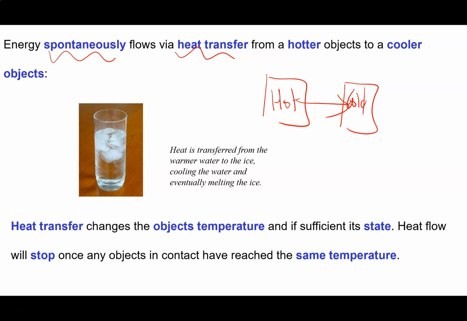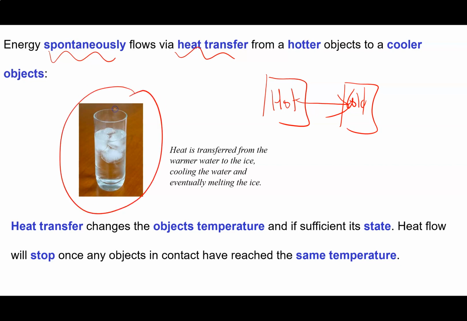Now you can try this out at home if you want. If you turn the stovetop on and get it nice and hot, you can put your hand on it and I guarantee your cold hand will get hot. It will never be the other way around, that heat flows from your cold hand into the stove, making it hotter. That just never, ever, ever occurs. Now that's kind of a dumb experiment, but you could try it the other way and maybe put your hot hand into the fridge and you will find that heat will flow from your hot hand into the cold fridge and your hand will get cold, right? So it always goes from the hotter object to the colder object.